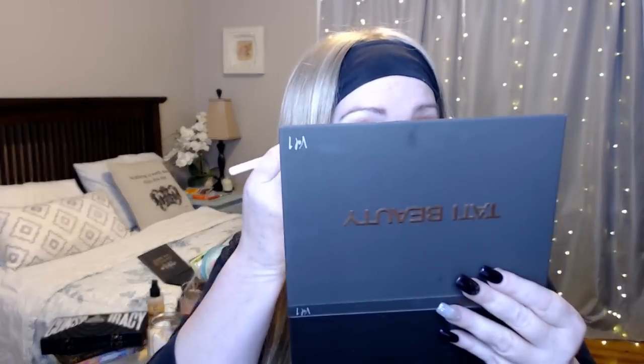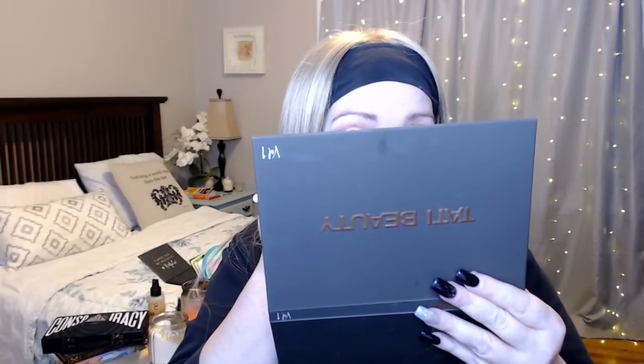Going back to the Tati palette, so I gotta do something about that lower lash line by this thing. That's not quite where I want it to be. Okay, and I want to get those colors on more and use the setting spray. I want to build them up more, the colors that I was using. So in that eye, I'm going to use a little more of this second one up on there for that other contouring color. I do like a darker corner eye, but I just feel like it's not vibrant enough even in real life. And so we're going to go in towards the crease with this stuff,